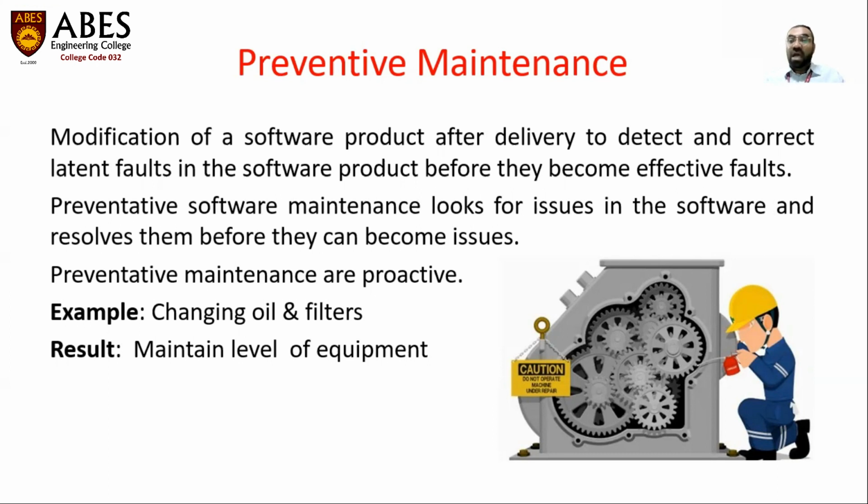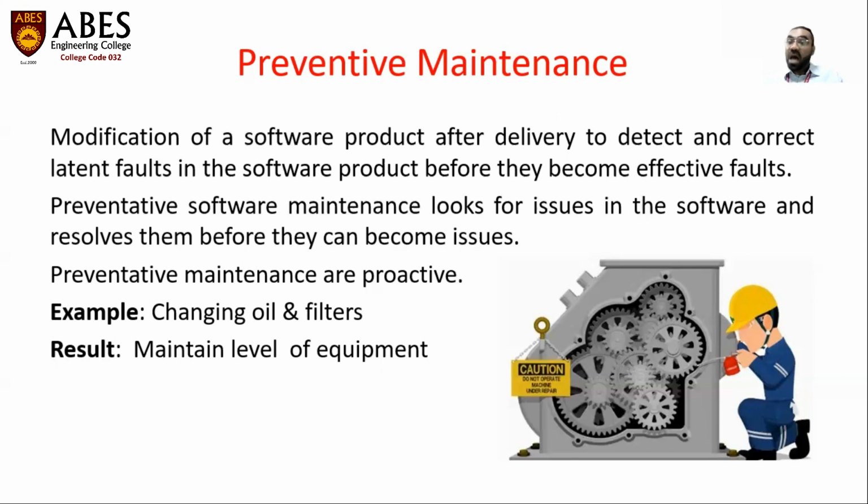Just take an example of car engines. We do some kind of servicing, air filter change, oil change after 5,000, 10,000 kilometers the car runs. Why? The company says that if we don't do that, the engine can be blocked and devastating things can happen. An accident can happen. Many things can go wrong down the line. A huge loss can occur. Similarly, for software also, preventive maintenance means we do something so that a bigger problem doesn't happen.